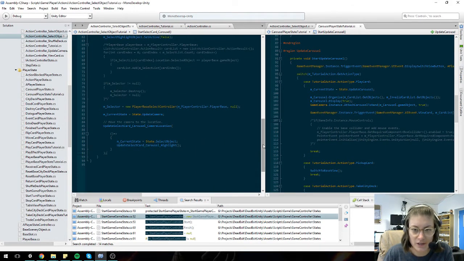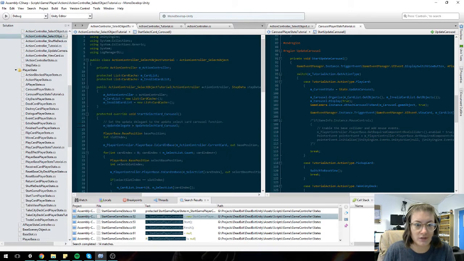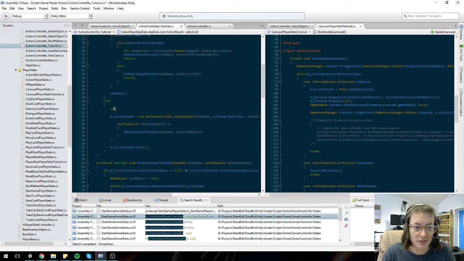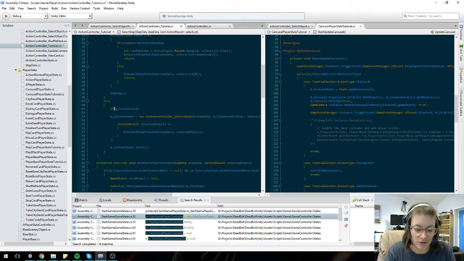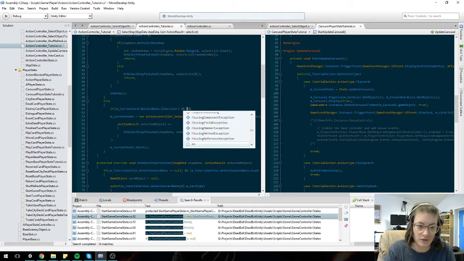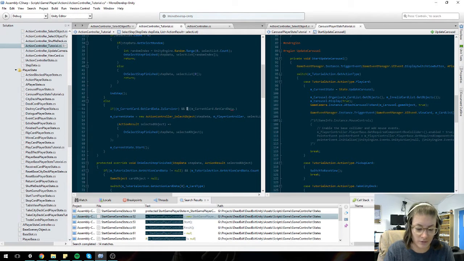So let's just try that and make sure that I've set that up correctly. So here, this is where we hardcode it. Let's just put a note in, otherwise I'll forget. Okay, so here we want the action controller, where I am the action controller. If the current card is a survivor, and that current card happens to be the hero,